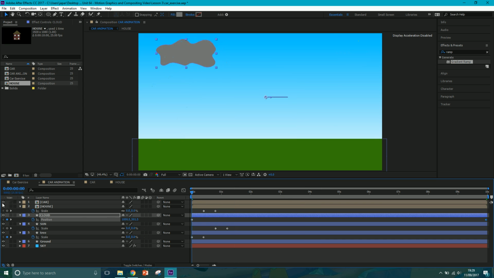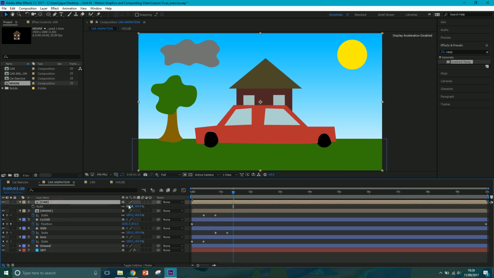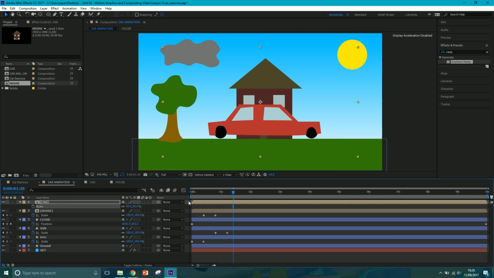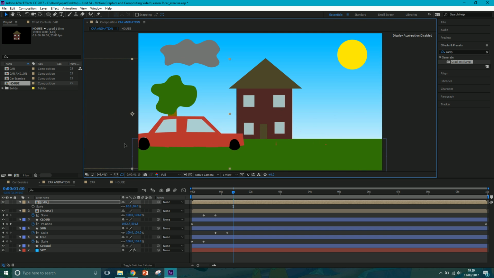Now the last one is the car, so we'll turn that composition on, and we want the car to come in after everything's scaled up. The car's actually a little bit big at the moment, so I'm going to scale that down to about 80% and move it down. Okay, so let's move it off to the side,